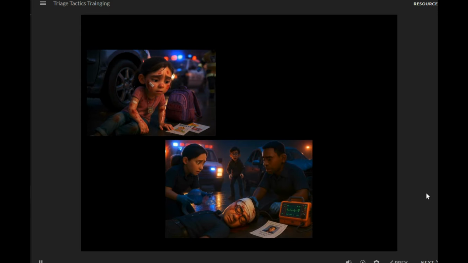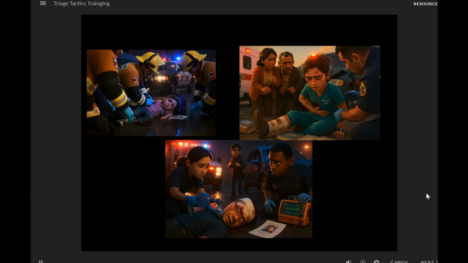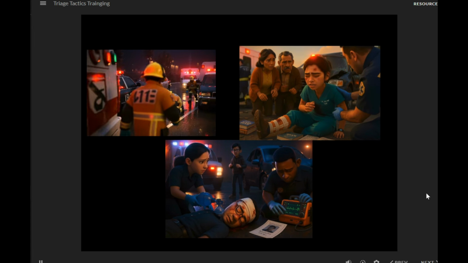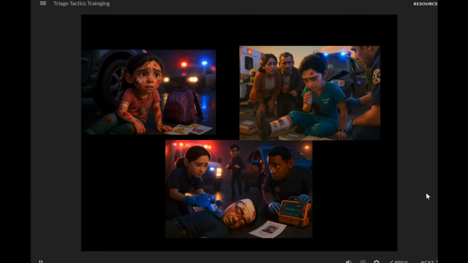You're now facing a critical situation. 3 patients are deteriorating at the same time. Sarah Martinez, your green tag, is showing early signs of shock. Her respiratory rate is climbing, her pulse is weak, and her skin is becoming pale and clammy. Robert Chen, your yellow tag, is losing consciousness and no longer responding to commands. His airway is compromised. And Maria Santos, also yellow tagged, is in severe respiratory distress with signs of tension pneumothorax. Her oxygen saturation is dropping and she's struggling to breathe. Additional backup is still 10 minutes away. You cannot treat all 3 at once.